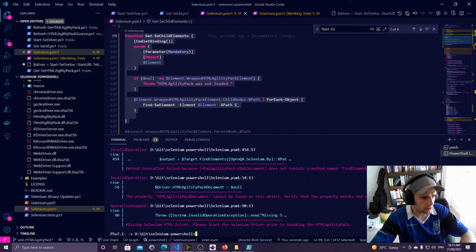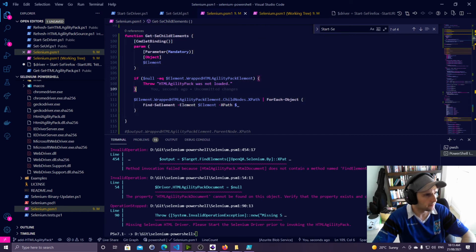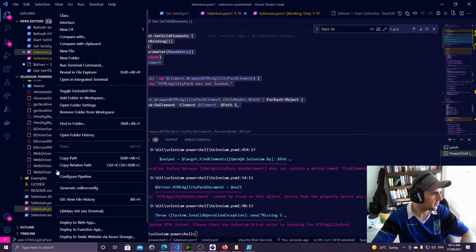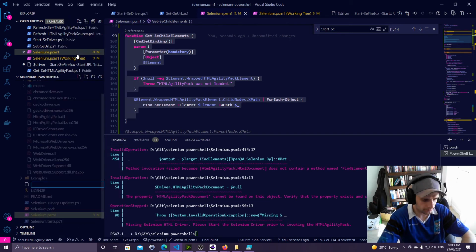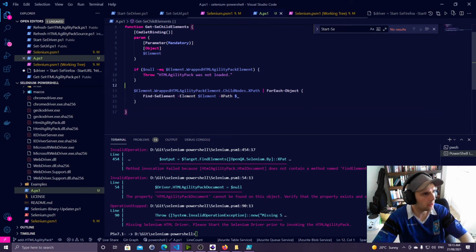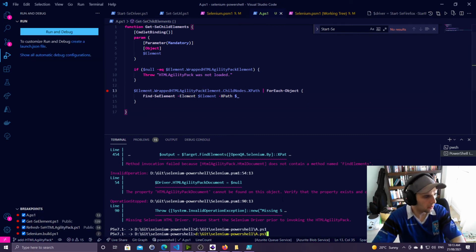Okay, so first things first, HTMLAgilityPack does not contain a method named find elements. So we can actually just pop this off in a separate PS1 file,